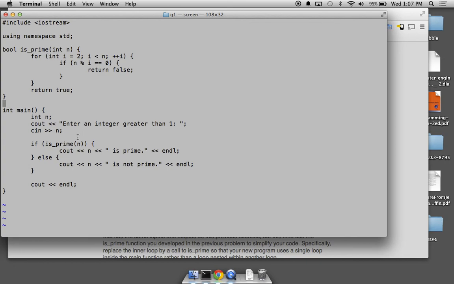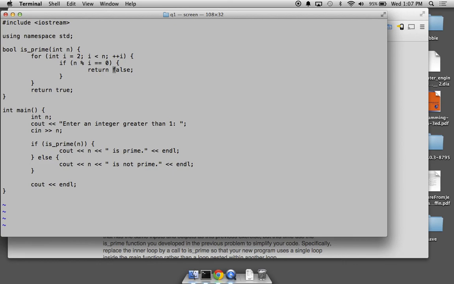Since up there we have the if and mod i is 0 return false, would we also need the else or no? No, because you have to try every i. You can't return true until you've tried every single i. You've got to check every value less than n to see if you can find a divisor. If you find one divisor, you know it's false. But if you don't find a divisor,